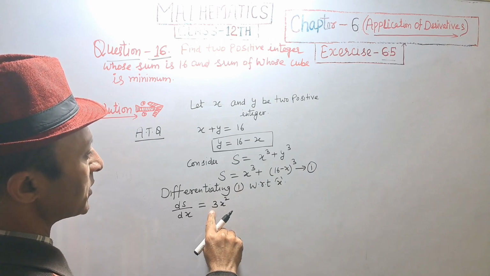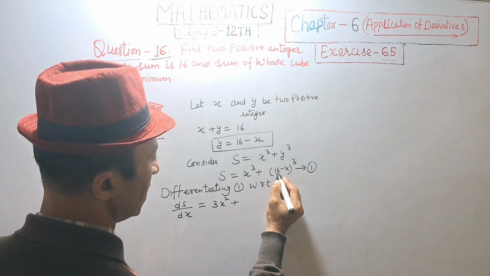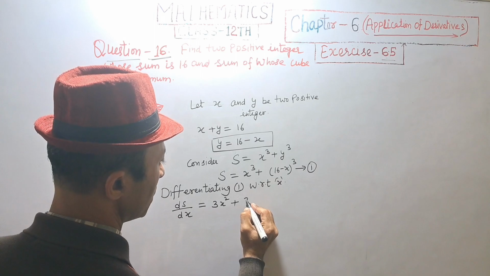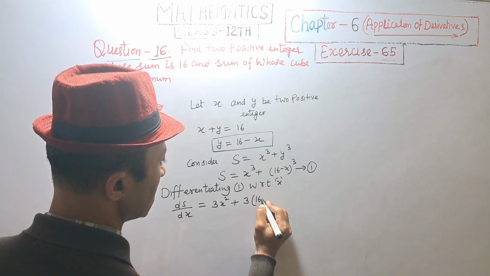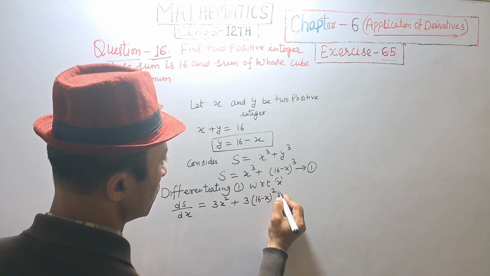So derivative of x raised to power 3 equal to 3x square plus differentiation of 16 minus x raised to power 3 is equal to 3 into 16 minus x raised to power 3 minus 1 is equal to 2,